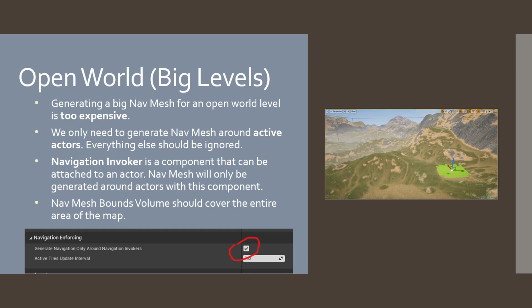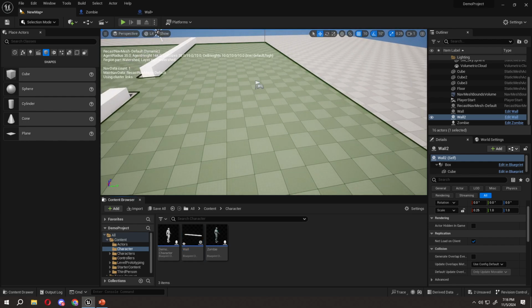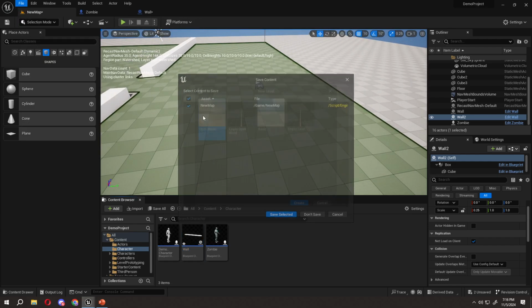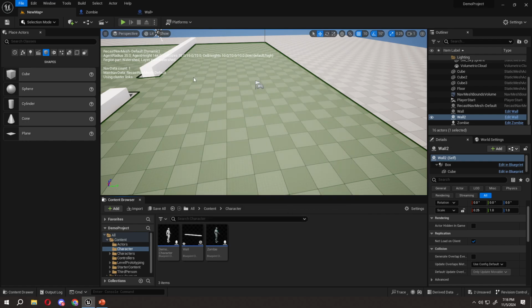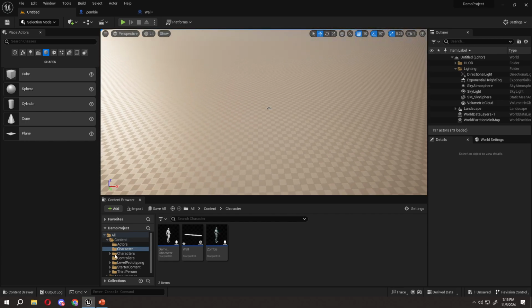Because imagine it is trying to check all the planes in that nav mesh bounds volume. You can try that out. There's actually a level here. This one. So we have this open world. If we add a nav mesh bounds volume,